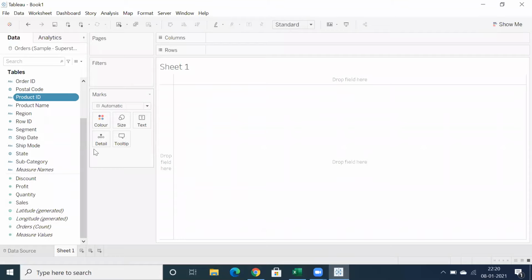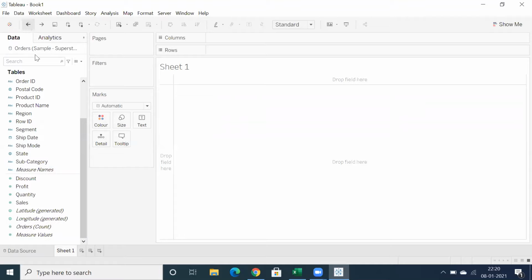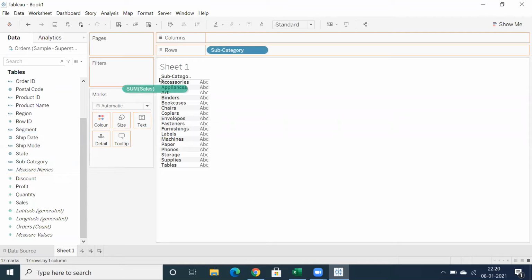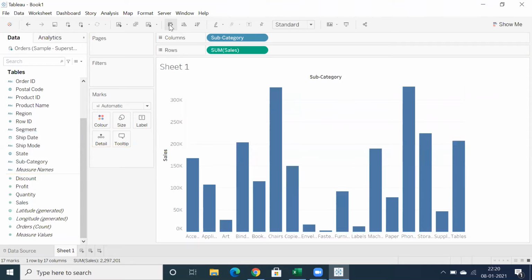So now let's go back to Tableau. So on the fly, we can create those visualizations. Let's say I want to create a subcategory wise sales report. Just double click on subcategory and double click on sales. Or you can go back and simply drag and drop into rows. And when you drag and drop sales into columns, it will create a bar graph by default. And you can swap. You can showcase a horizontal bar graph or a vertical bar graph, okay?